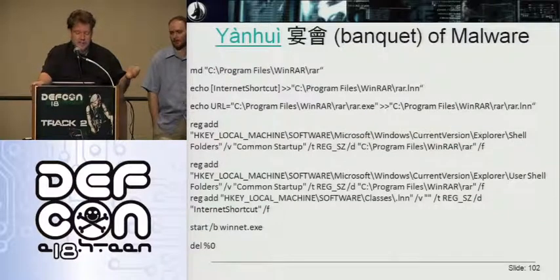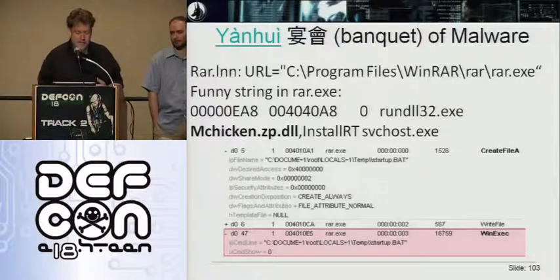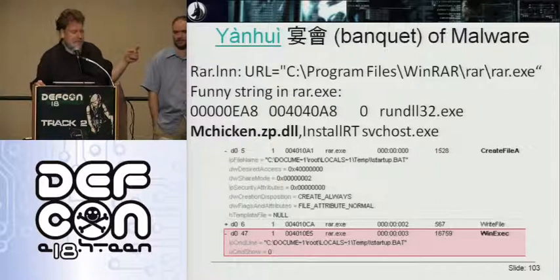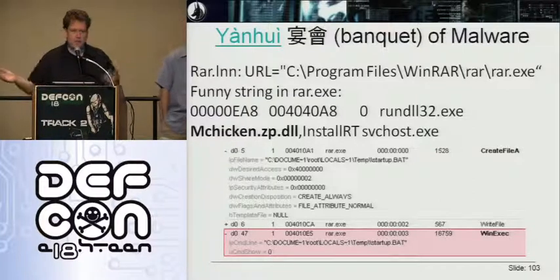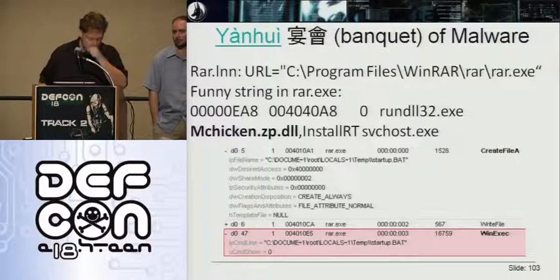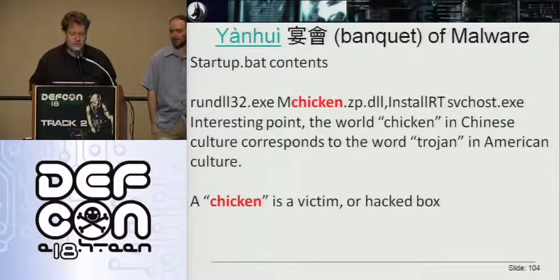What that basically does is it generates an internet link underneath WinRAR. So if you have WinRAR installed, it'll stick this in there. If you don't, it'll actually create this directory and put this here. And then add everything it needs to add to the registry to operate this, and then start an executable. So we took a look at that, and what this internet link does is it executes this program that drops a DLL on your system. The DLL happens to be named mchicken.zp.dll. If you remember, we said what chicken was earlier. So, it makes another startup.bat, which essentially injects this mchicken, sets it up as a service, and there you go,